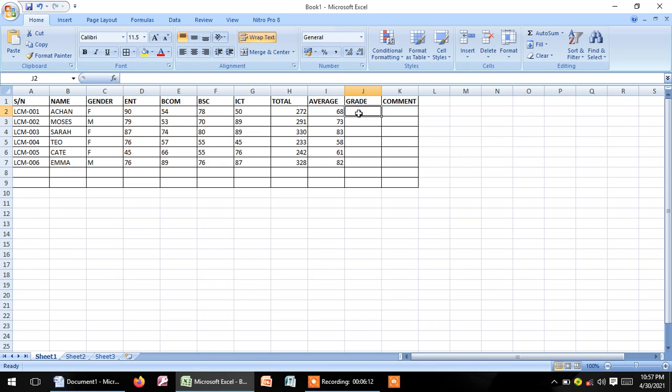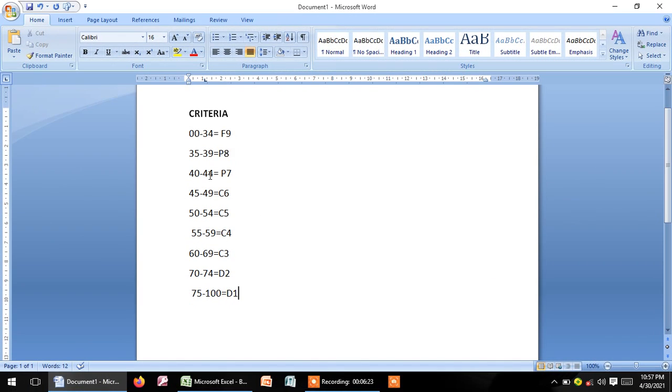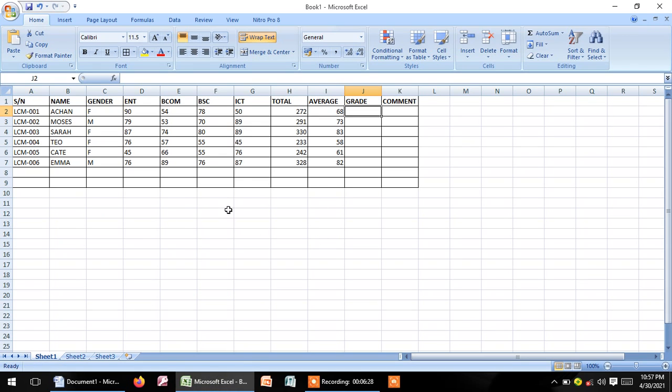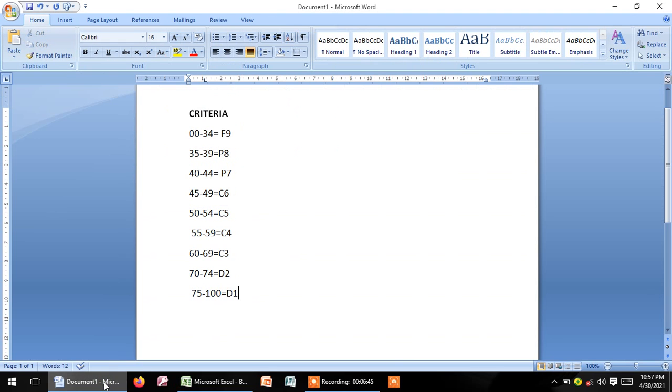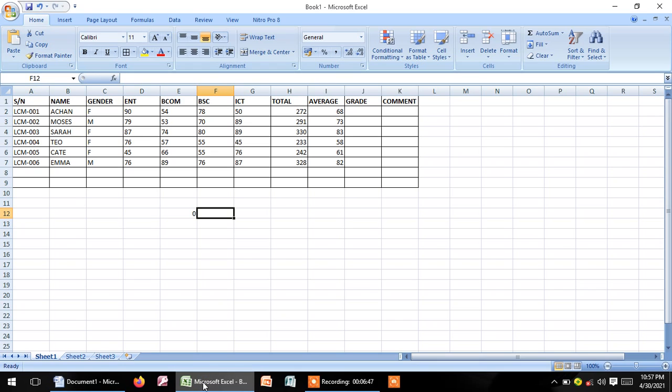Now let us go to our grade column, which we are going to base on our VLOOKUP function. Because we don't have the array table, this is our array table that we are going to use, which means we have to put it somewhere in our worksheet. So let me put my array table here, and I'm going to arrange it in 3 columns. I'll begin from 0, and then to which number I will be referring to this. So to 34, so this is 34. These ones will have F9.